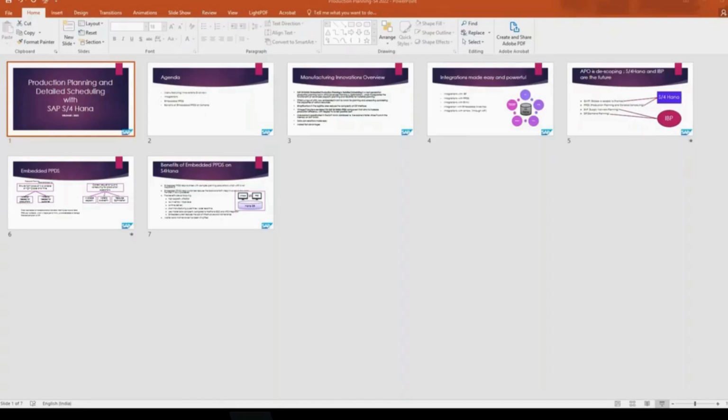Thankfully, you covered that. The major perspective why they wanted to integrate PPDS with S4HANA was the cost. Any organizations, any plant where they use PPDS or APO or ECC separately, you probably know that they used to have two different systems. When it is two different systems, maintenance cost, infrastructure cost, licensing cost, everything used to be separate, and that was a huge burden on